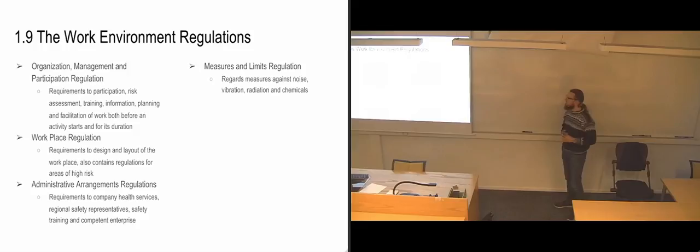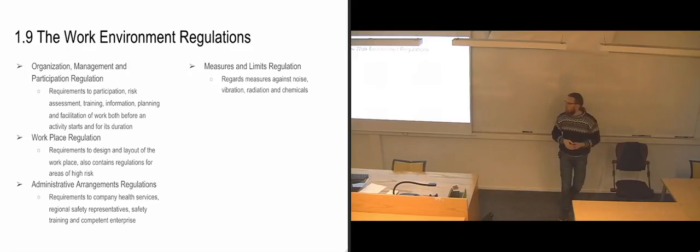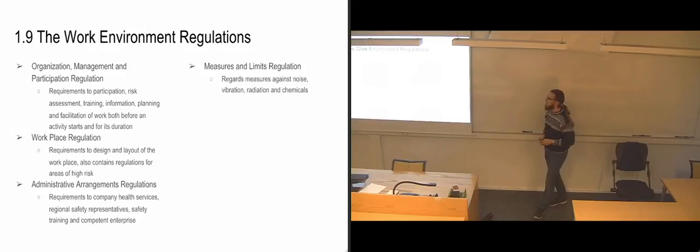What you're most likely going to come up against is noise, vibration, and chemicals. At least noise and vibration are almost impossible to avoid in an industrial work site. Chemicals can be avoided, but usually some chemicals are present, so it's nice to know about those also. There's quite a lot of regulations to them. With noise,